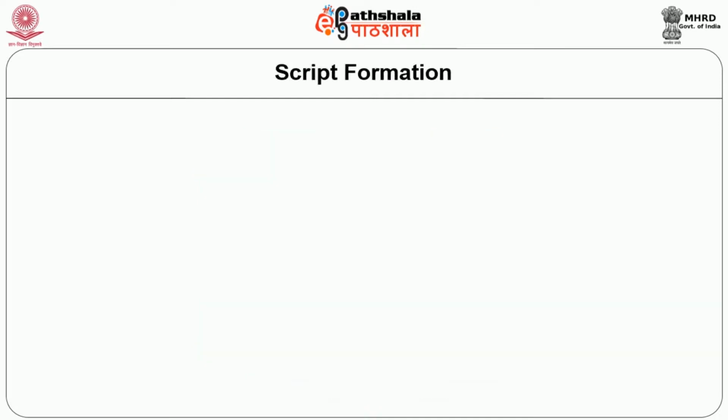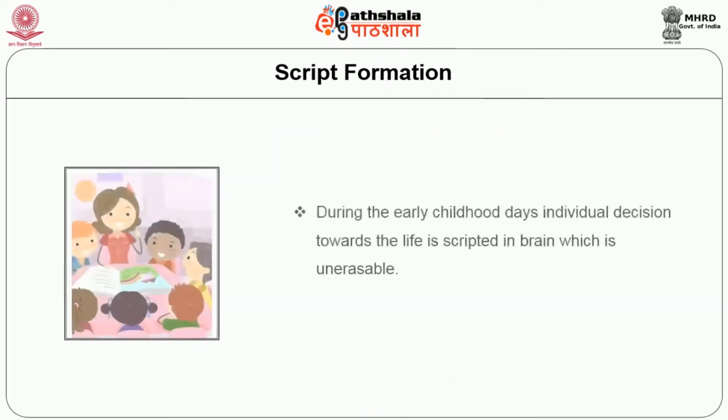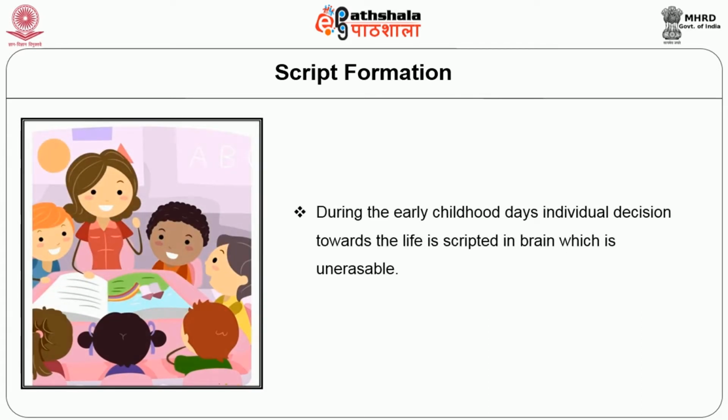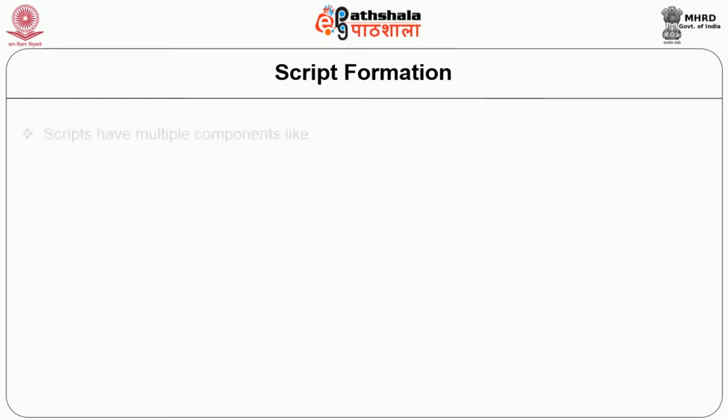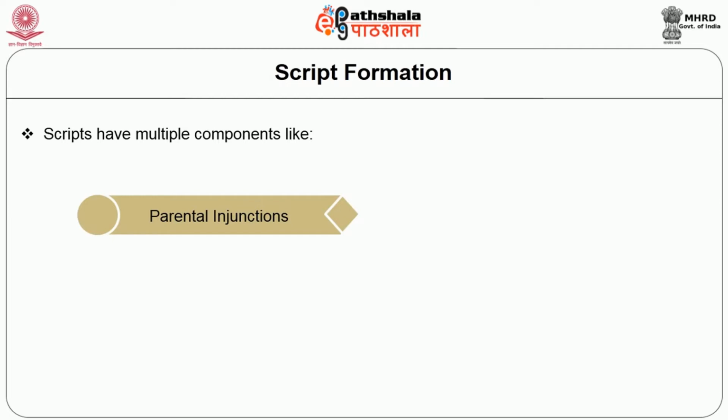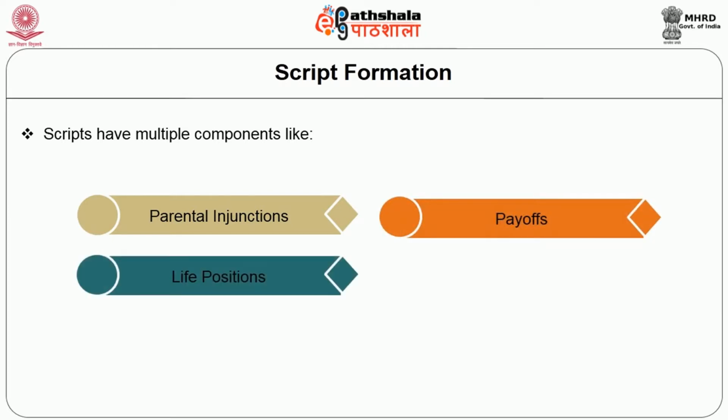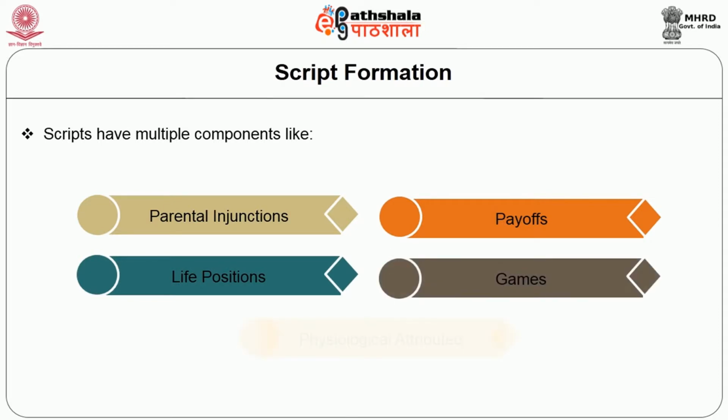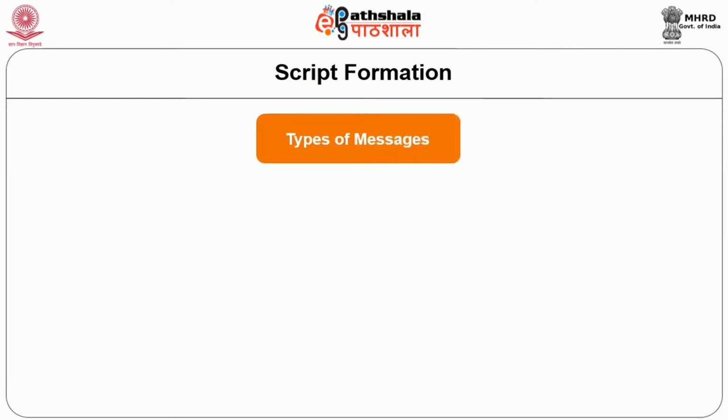Next we can see about script formation. During the early childhood days, an individual's decision towards life is scripted in the brain, which is unerasable. Scripts have multiple components like parental injunctions, payoffs, life positions, games, and physiological attributes. Parents may send children 2 types of messages that influence the formation of their life positions: